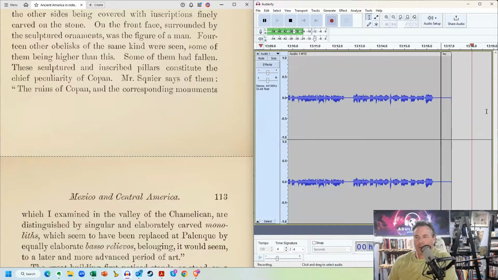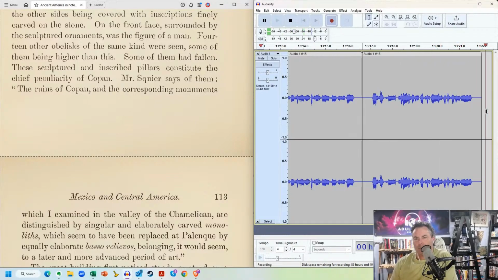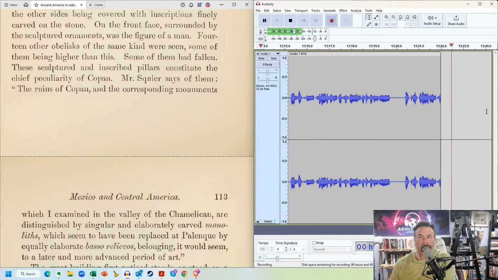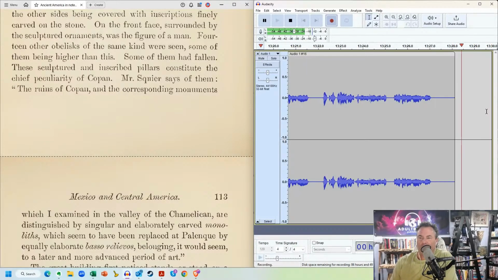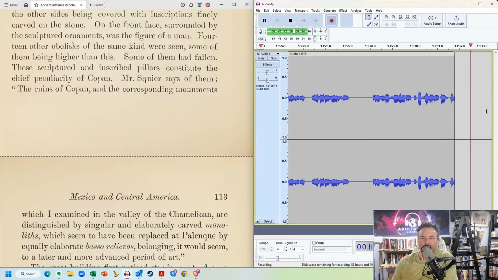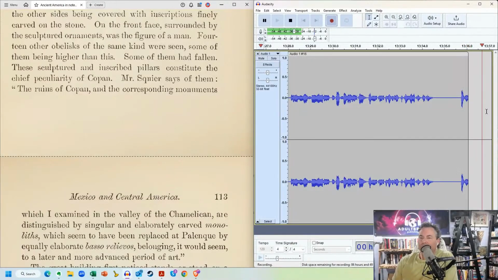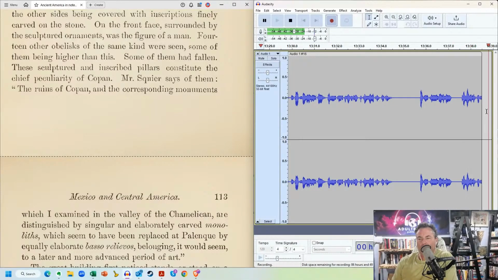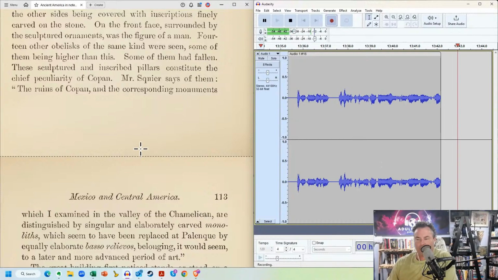On the front face, surrounded by the sculptured ornaments, was the figure of a man. 14 other obelisks of the same kind were seen, some of them being higher than this. Some of them had fallen. These sculptured and inscribed pillars constitute the chief peculiarity of Copan. Mr. Squier says of them, the ruins of Copan and the corresponding monuments which I examined in the valley of the Camilican